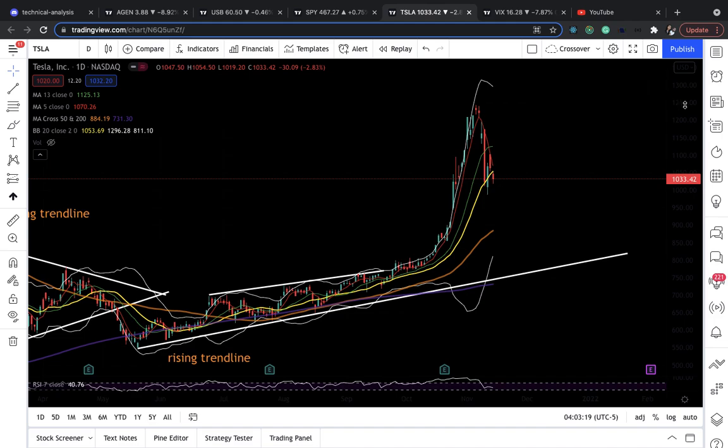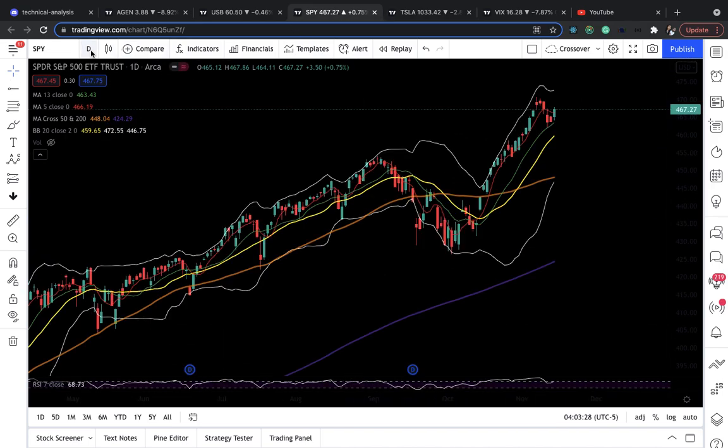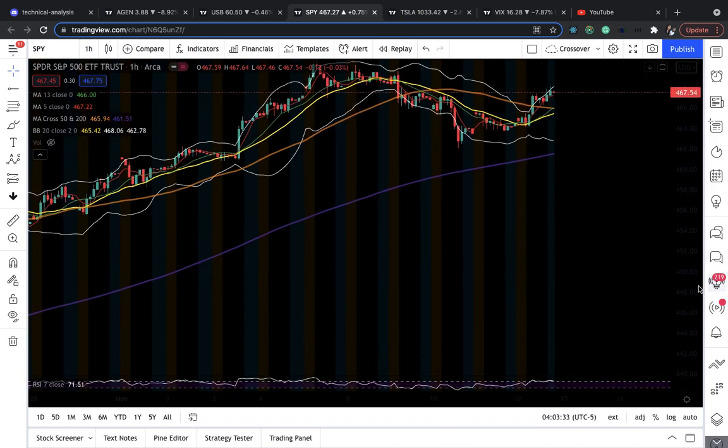Levels by levels, guys. Now I'm showing you the daily chart. But keep in mind that these same rules can apply in the 1-hour chart and smaller time frames as well. So, for example,